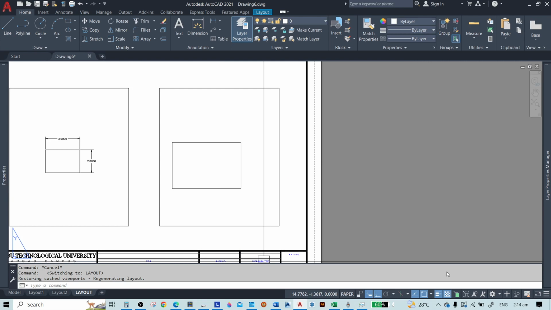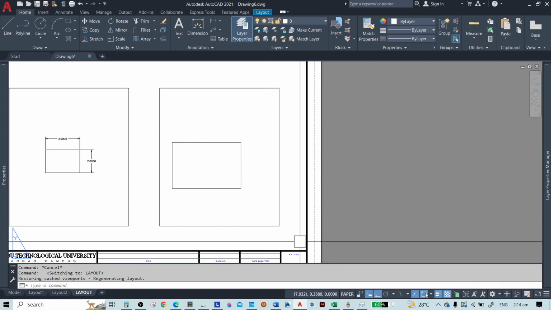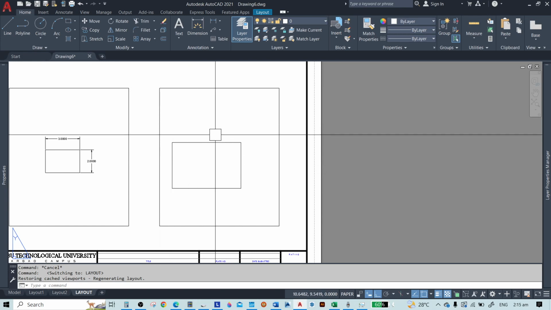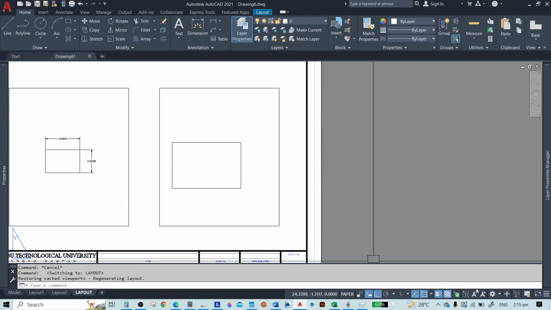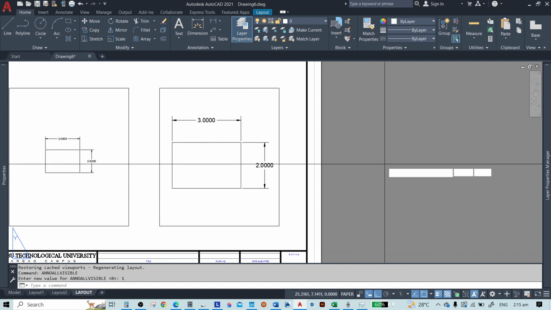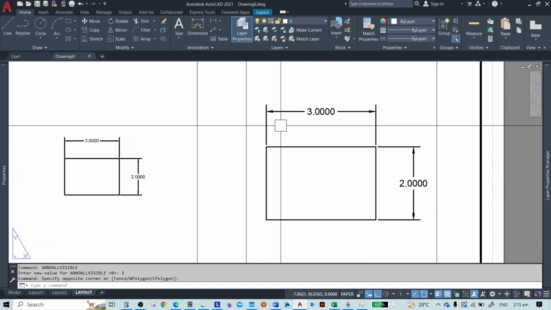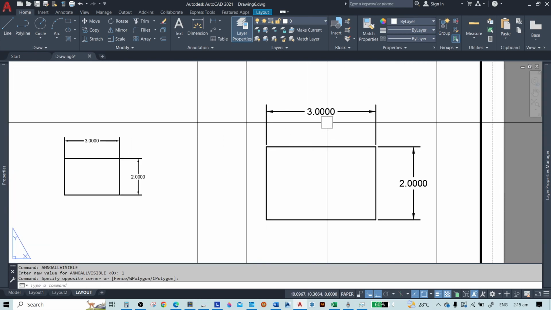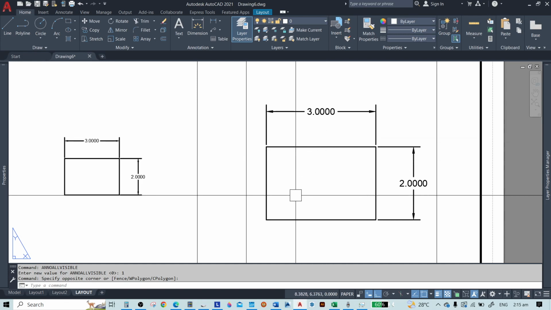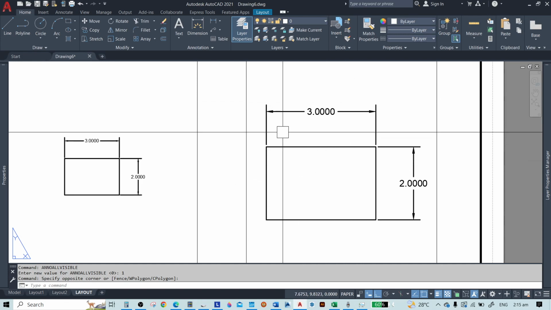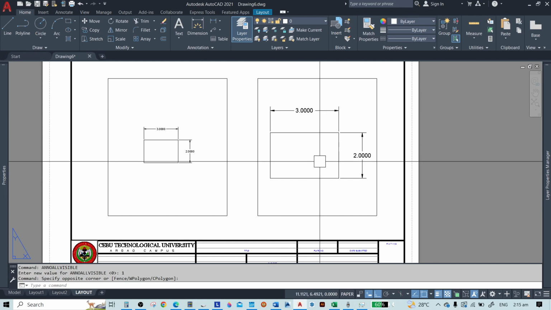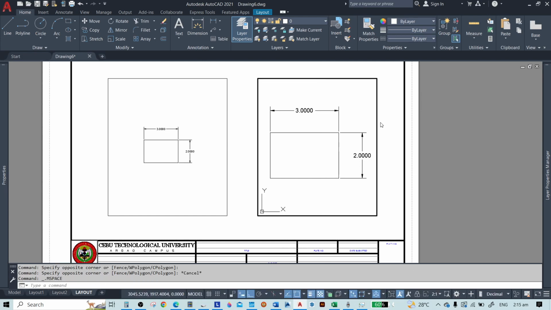That is because we turned off this show annotation object. So in order to see the dimensions in this drawing, or in this viewport, we just turn it on. As you can see, it is still bigger. Now why is that so? Because we have not yet applied the dimension scale that we want to set in this drawing. As you can see, this is 2:1, right?